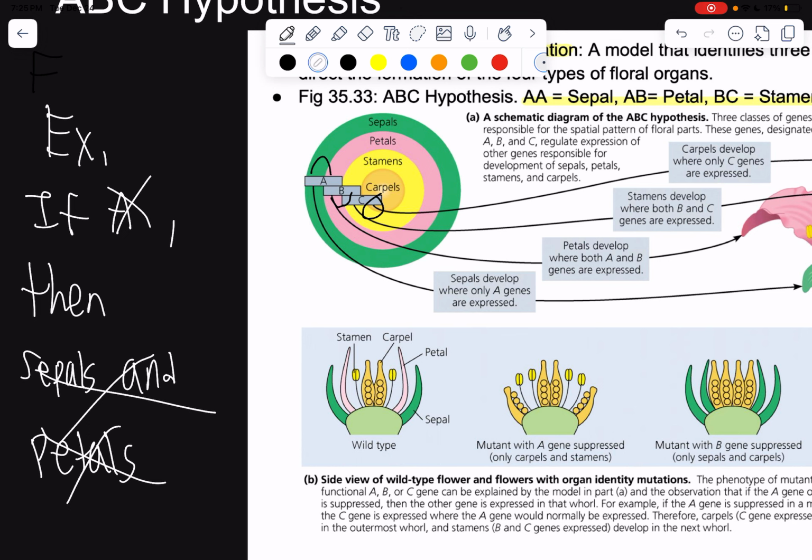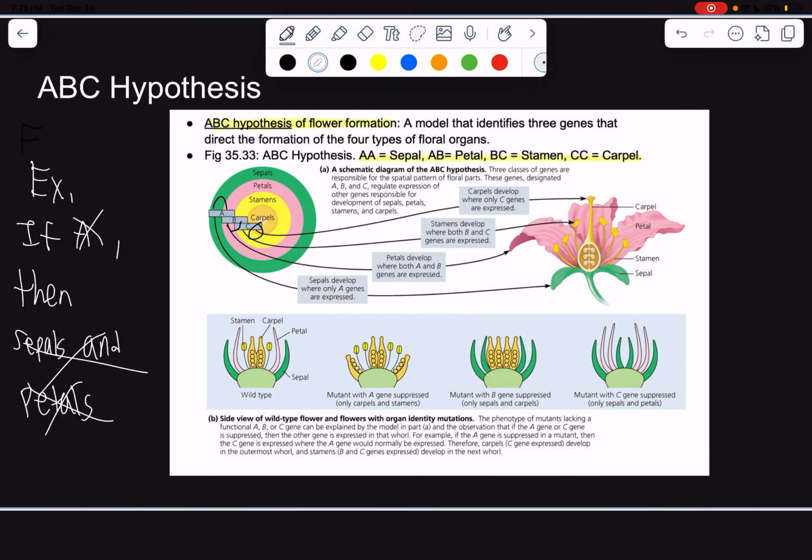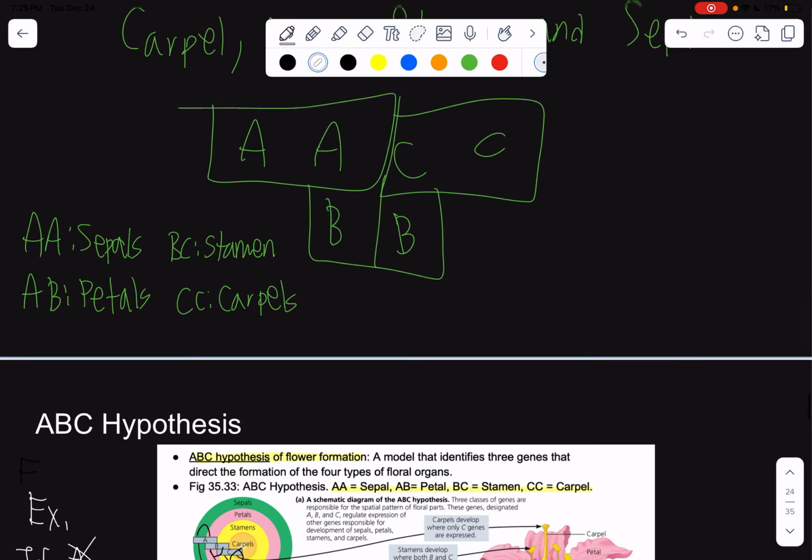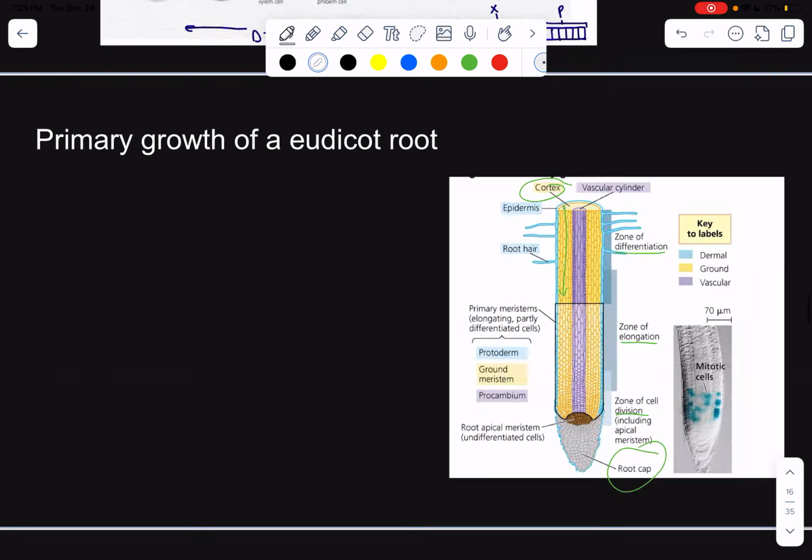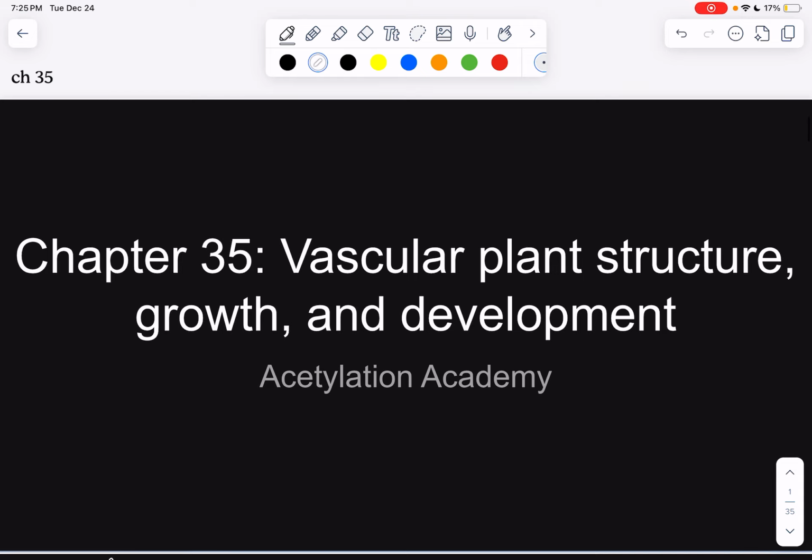And I believe that comes to the end of our review of chapter 35. There may be other things that we may not have discussed, but if we do, we will be sure to cover them in a separate